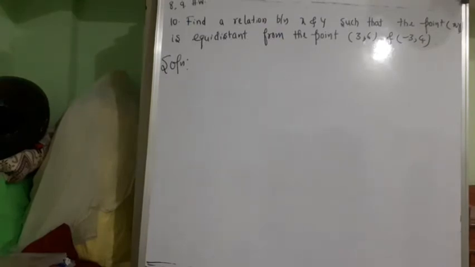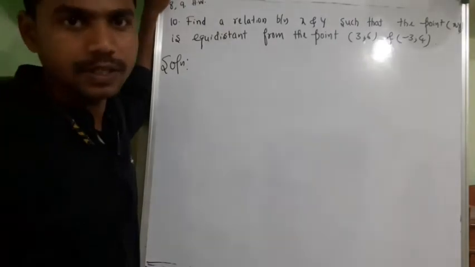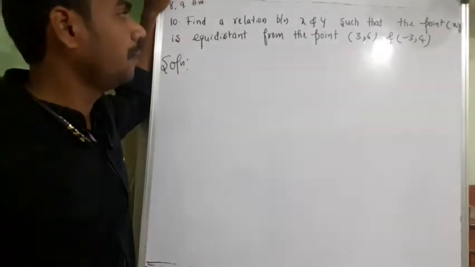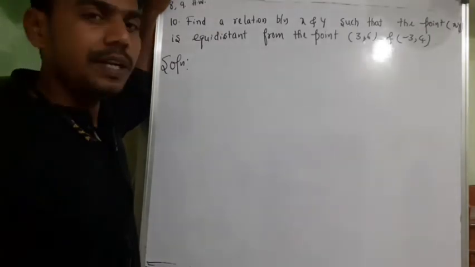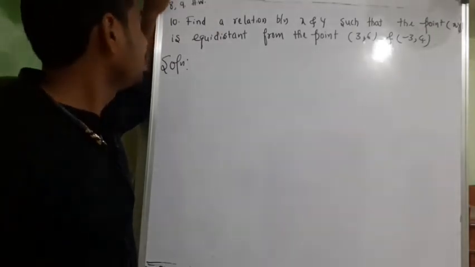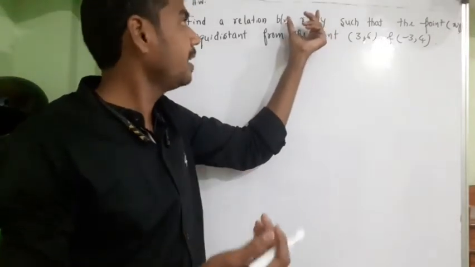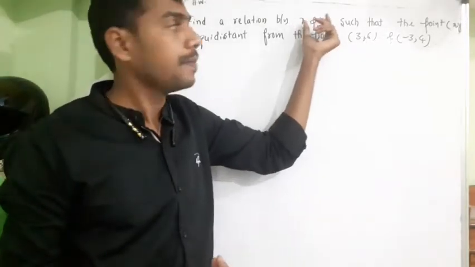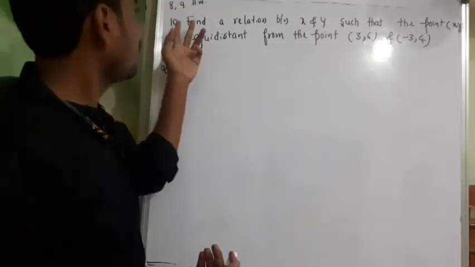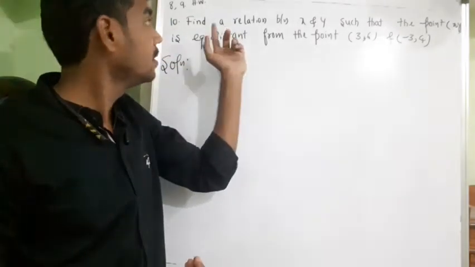So 8th and 9th will be a homework, which is very much similar to the previous question, that is 7th question. A little bit of logic you need to use. But 10th question you need to form an equation. So we need to find a relationship. So we need to state an equation wherein we need to give a relationship between x and y. So 10th is a bit different from the 8th, 9th and 7th.